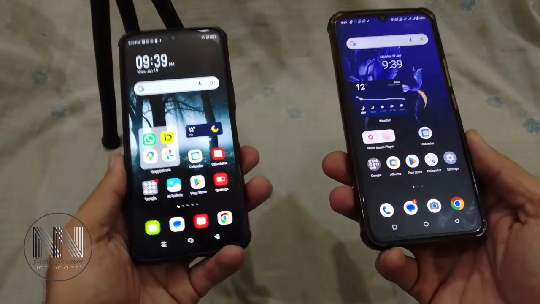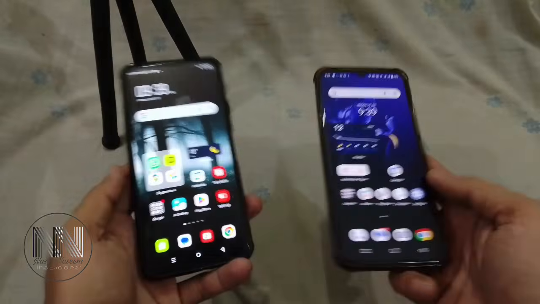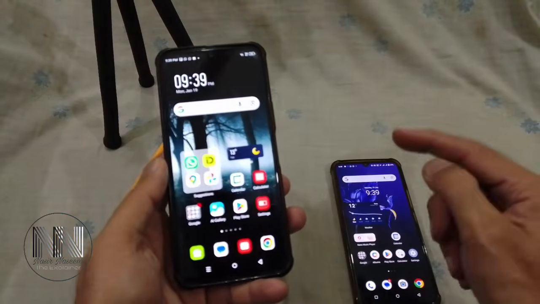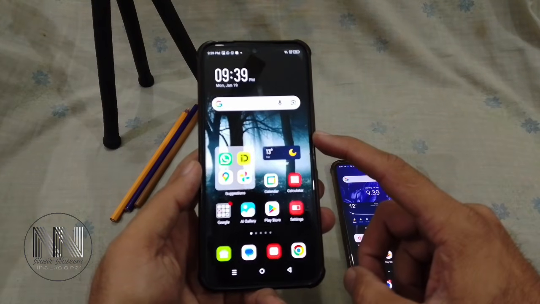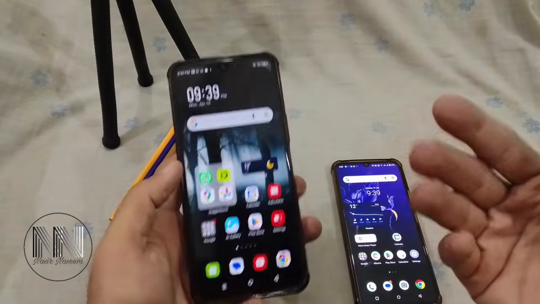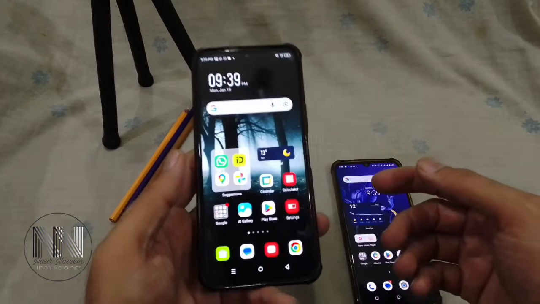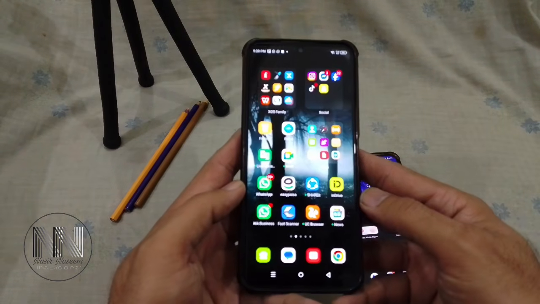I have two devices in my hand. This is my primary device and this is my secondary device. I have linked this device's WhatsApp application with the WhatsApp application of the primary device, so that I can explain how to reduce the risk to the safety of the application. So first of all, open your WhatsApp application